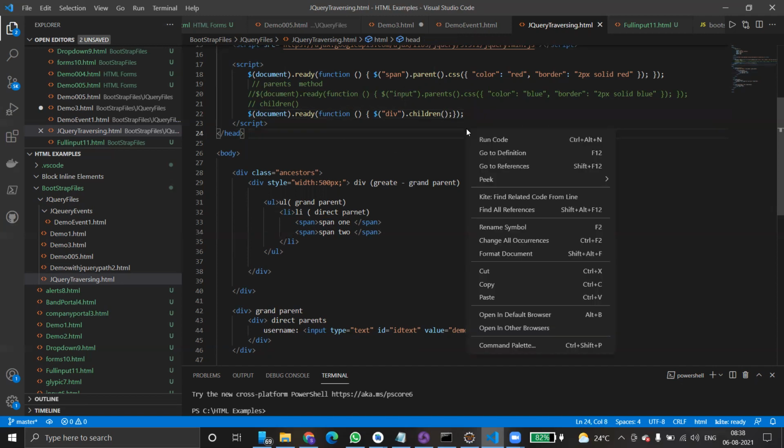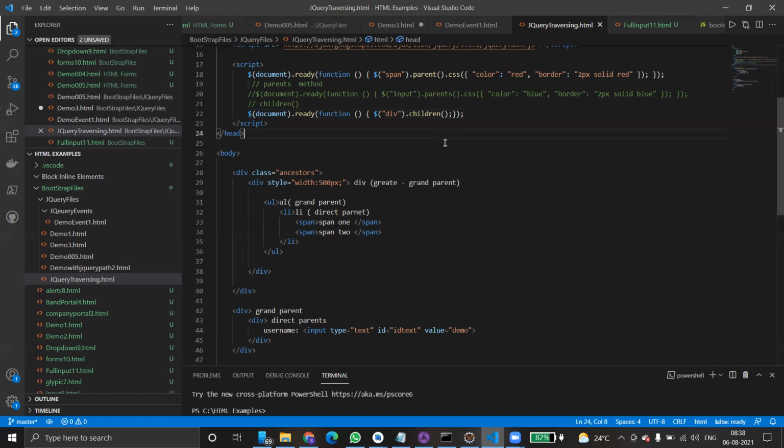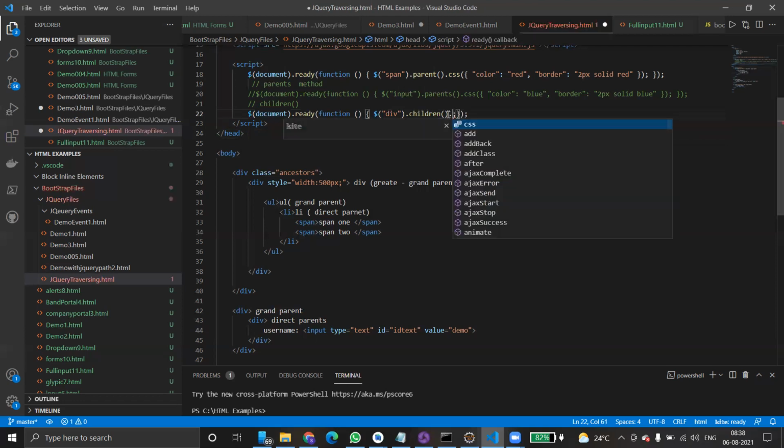Just right click. We are not applying any bordering also. Children dot, I'm just using CSS, applying some styling.